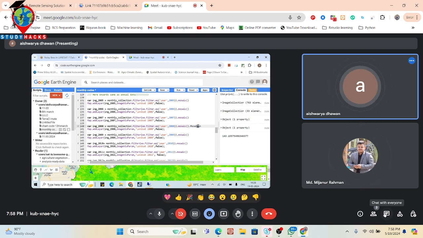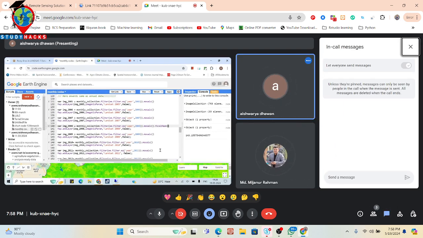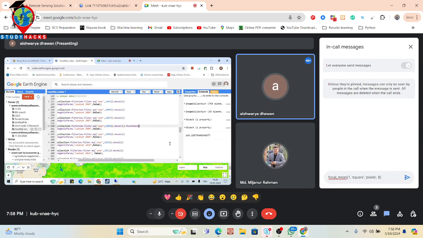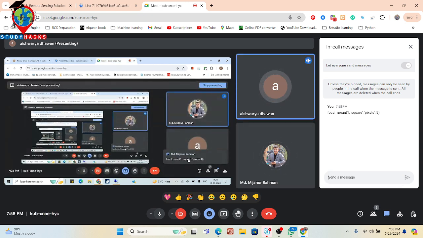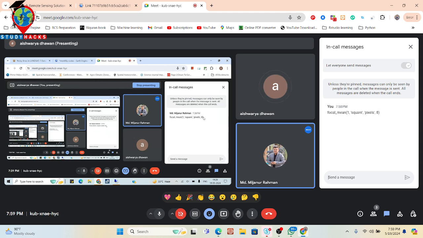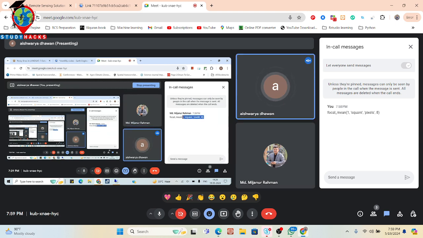Then put the bracket and write 1, comma, square. Put the small parenthesis. I sent you the code, so you can just copy and paste it here. Square, 8.